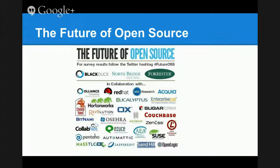The future of open source is brilliant. When it comes to software development, it will be increasingly difficult. Open source has long since